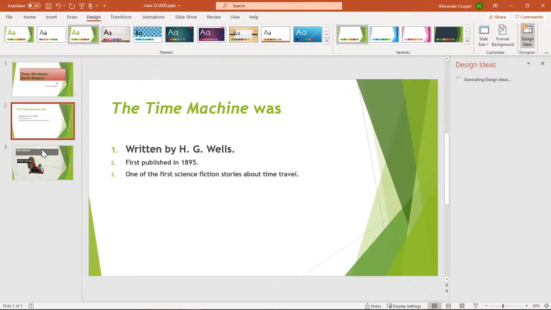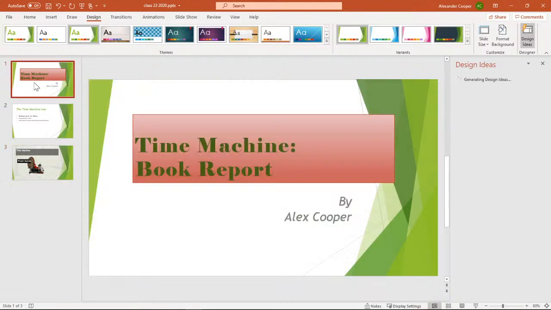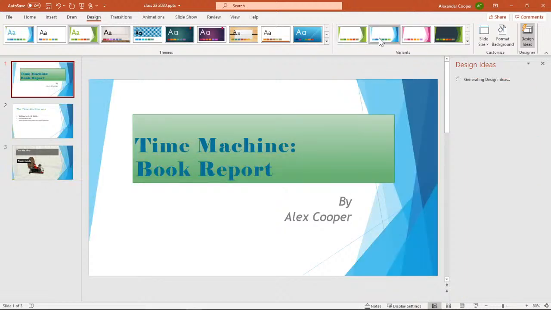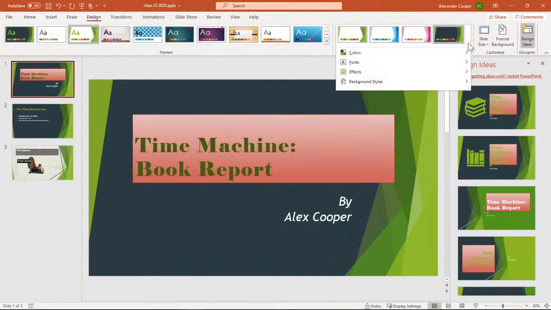And this is kind of the way that each slide looks. Okay. So it has moved this here. It's got this green. I don't really like green. Okay. Well, just hold on. Do realize that there are variants over here. You can actually choose blue if you want to. There's a pink. There's this color.